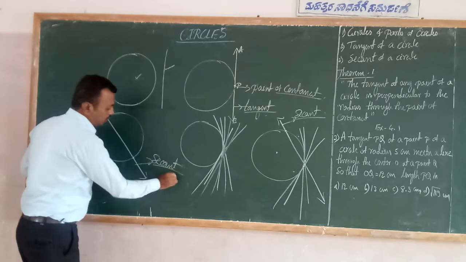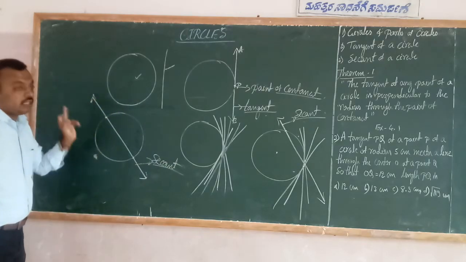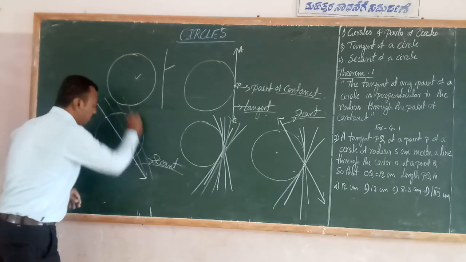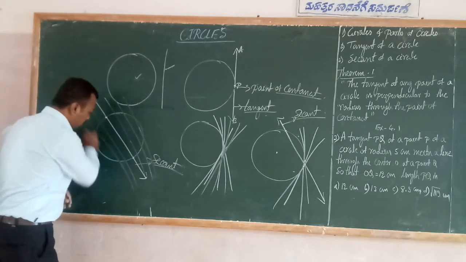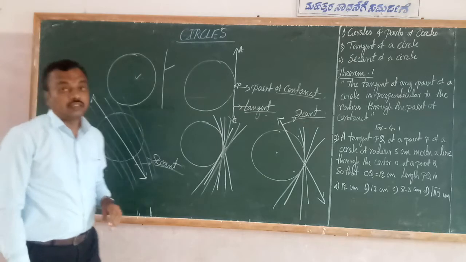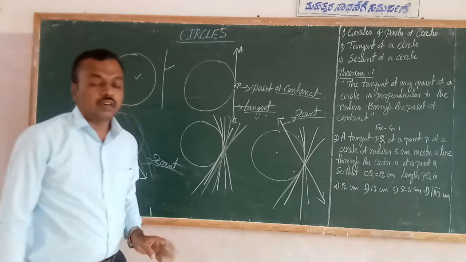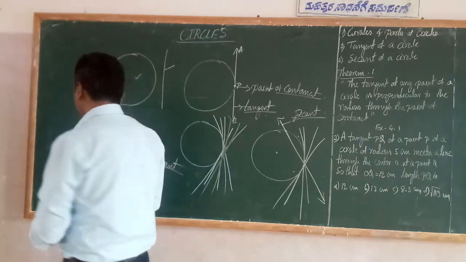Understood? So then, how many secants can be drawn in a circle? This is also an infinite number of secants that can be drawn in a circle. As many secants as you like can be drawn, and as many tangents as you like can be drawn. So then, next student,